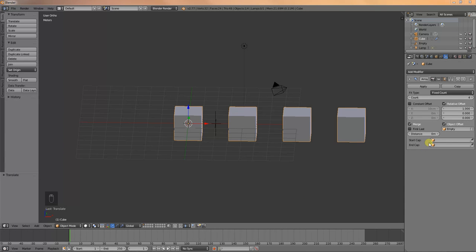Okay, so with the start and the end caps, when merge is activated and the cap vertices are within the distance threshold, they will be merged. The start and end cap objects currently do not support the first last option. Okay, so